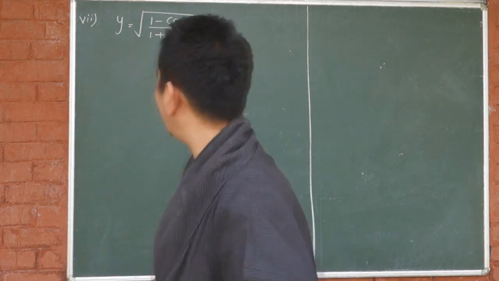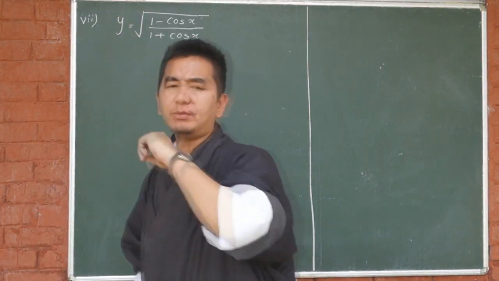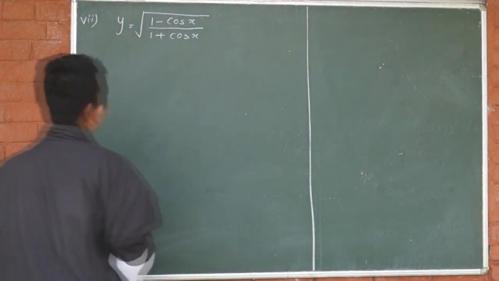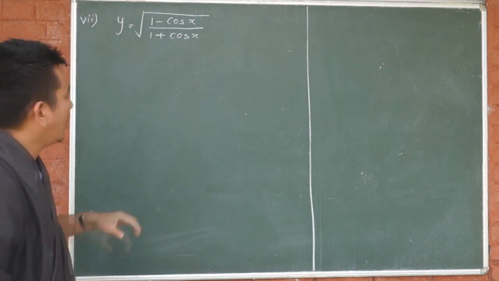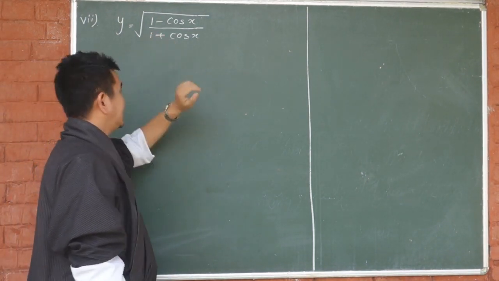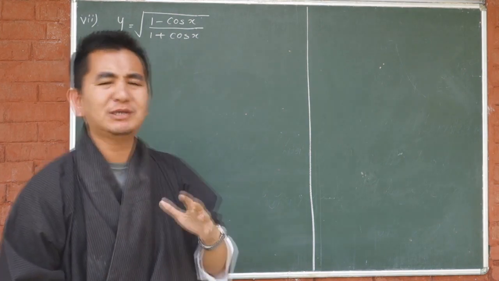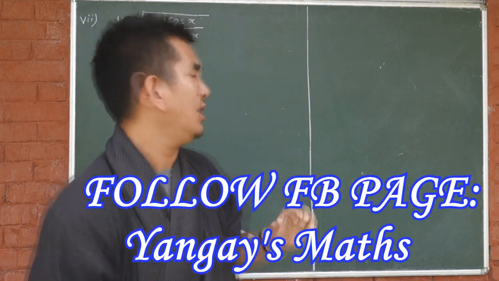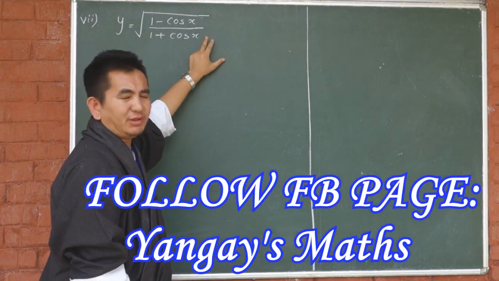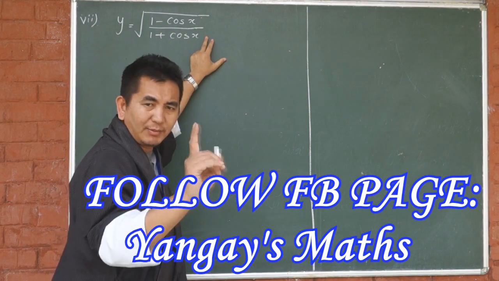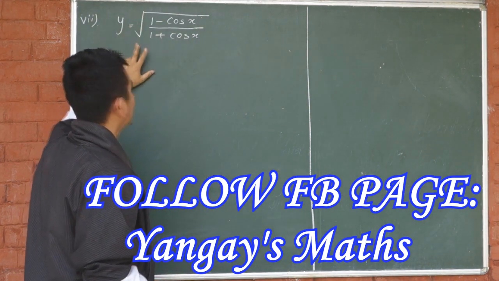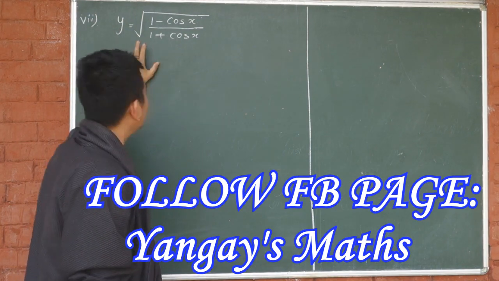So now we'll go with question number 7, which is Roman numeral 7: y equals root of (1 minus cos x) divided by (1 plus cos x). Now, this particular question can be done in many methods. Either you go with rationalization, one method, or you go with differentiating directly, take this one